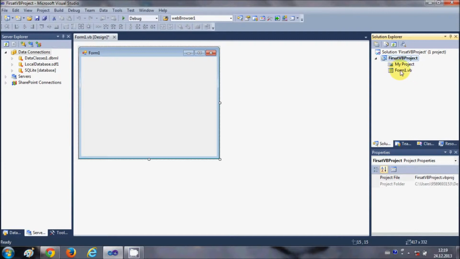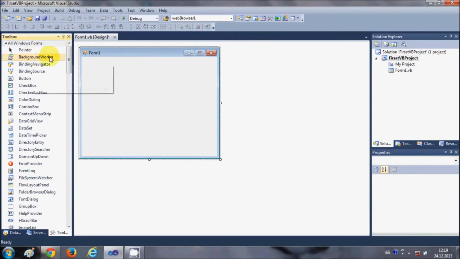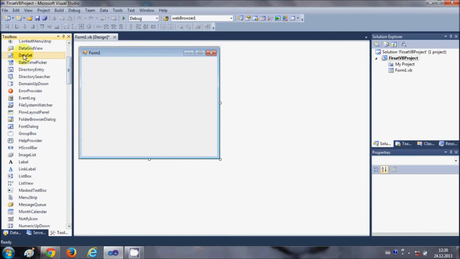Okay, and it has toolbox, and from toolbox you can choose tools like button, text boxes and other tools, and you can drag and drop into the form, and then you can provide the code for the action that the tool will perform.